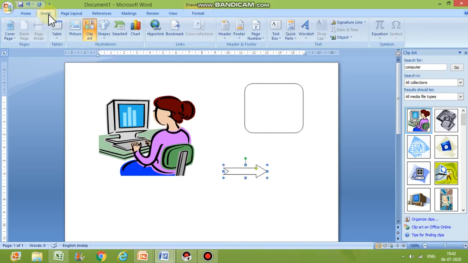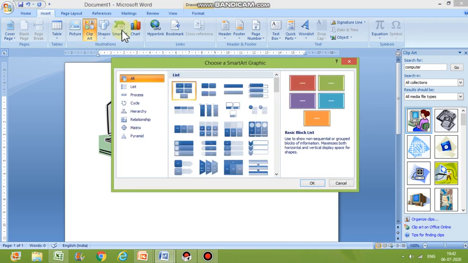Okay, next we have, the next option was smart art. Okay, so we are going to add smart art. Again insert, please don't forget that whenever you want to add something, you have to go to insert tab, right? Then click smart art. These all are the options. See, I've told you smart art is to make your document more presentable.